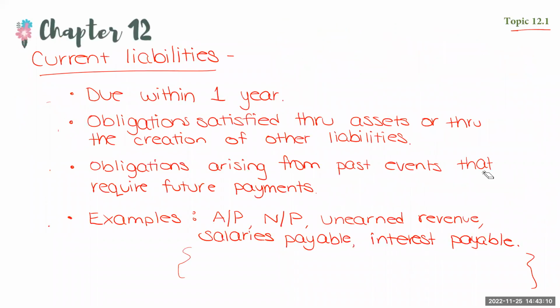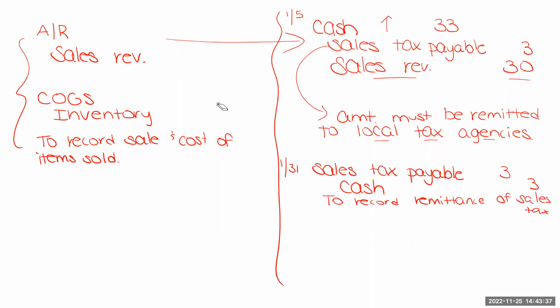Okay, so that's one of the new current liabilities we are introduced to this chapter, sales tax payable. Again, it's a liability because we have to give it to another party, right? Another party, so it's an obligation. It definitely needs to be paid within 1 year. It's usually end of the month or end of the quarter, depending on the size of the company. Okay. In the next video, we will look at an example